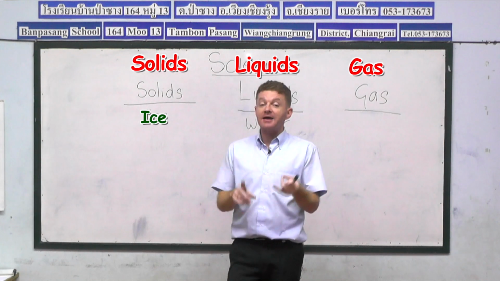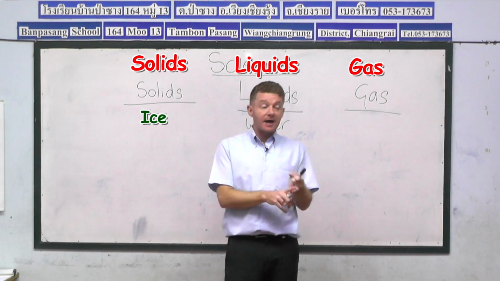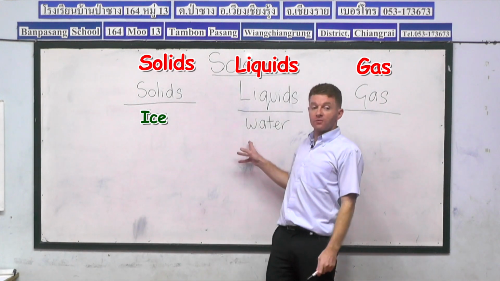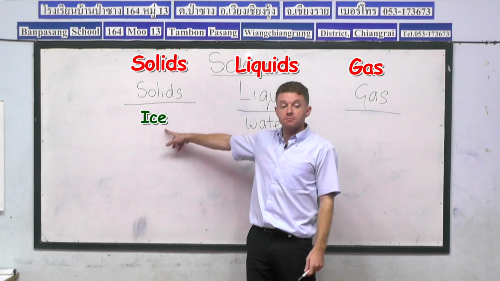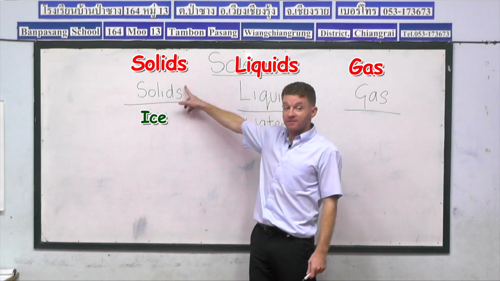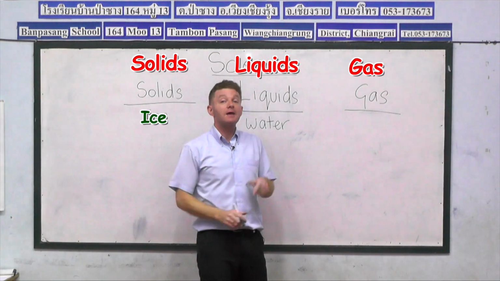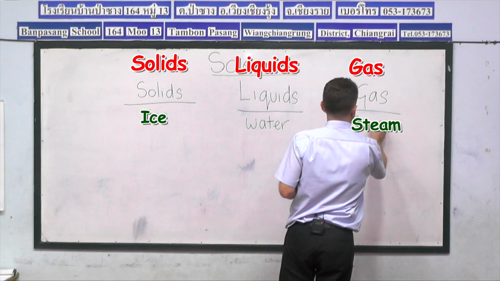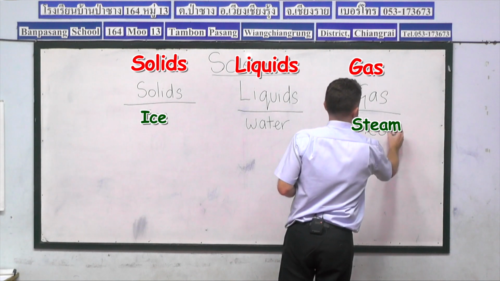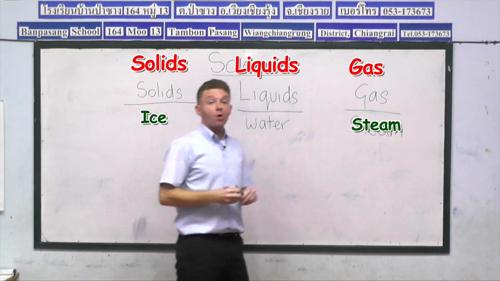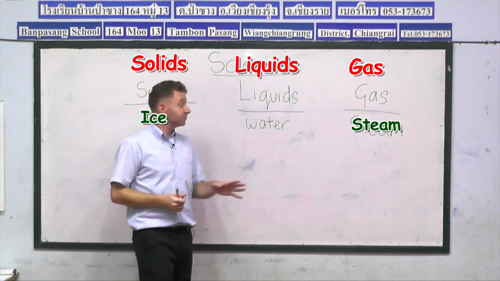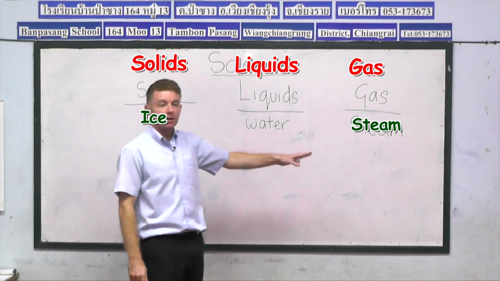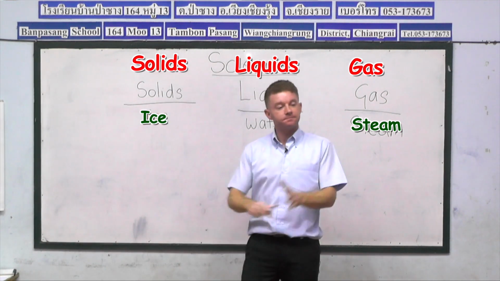Some good answers, guys. Oxygen, carbon dioxide are examples of gases. But the example I'm using now is water. We freeze water, it becomes ice, which is solid. But if we heat water, it becomes steam. And steam is a gas. So you can see the one type of substance, water, how it can exist in its three different states.